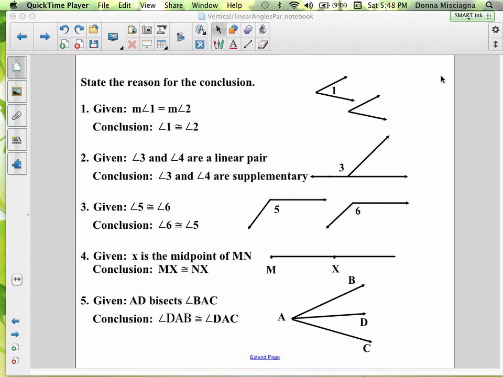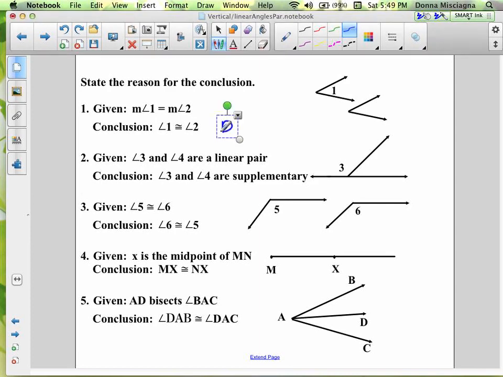So for instance, we're given that the measure of angle 1 is equal to the measure of angle 2. That's important. We can draw a conclusion from that. Because that's true, we can conclude angle 1 is congruent to angle 2. We have to always be able to justify every conclusion we make. The reason we can say angle 1 is congruent to angle 2 is a property we saw in the last podcast, kind of at the end of a proof, and that is the,